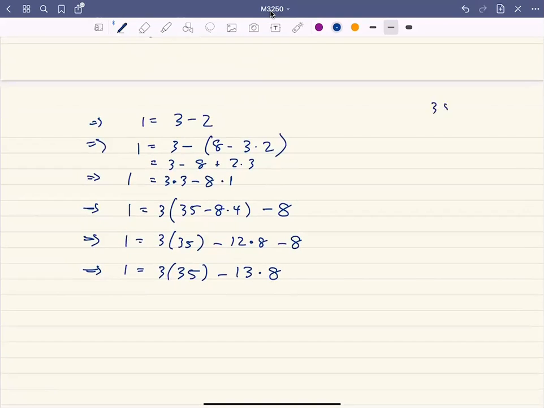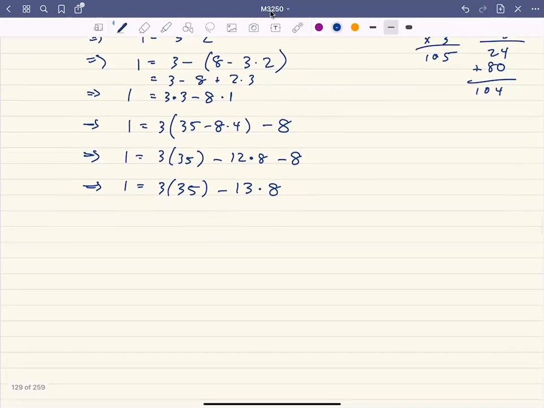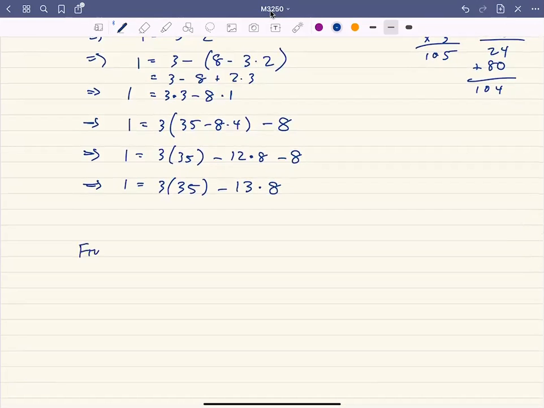And let's just double check. If we take 35 times 3, that's 105. That's 90 plus 15. And if we take 13 times 8, that's going to be 24 plus 80, so 104. So yeah, 105 minus 104 is 1. So everything is perfect. Now, remember that our goal was to find 8 inverse